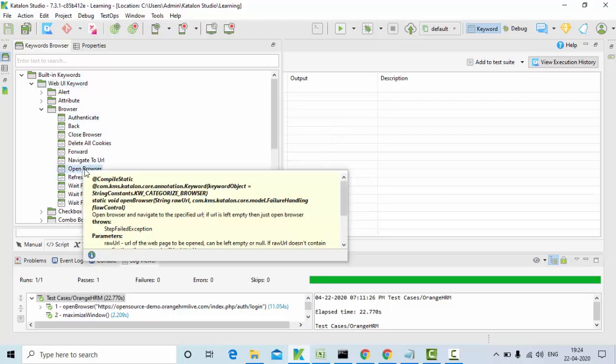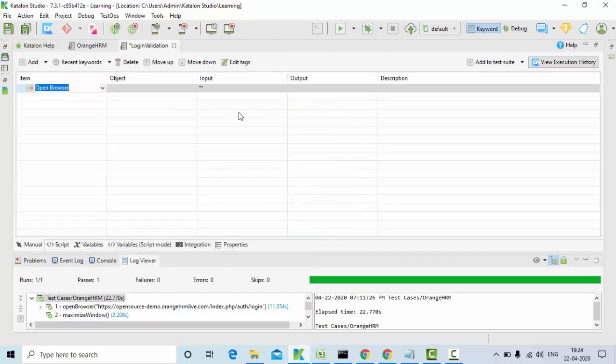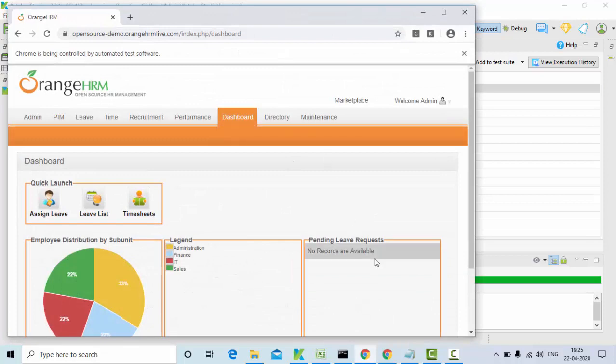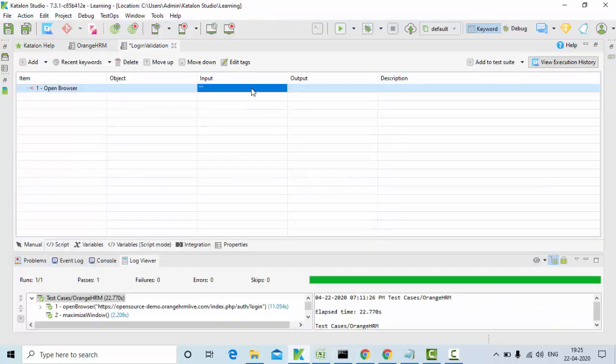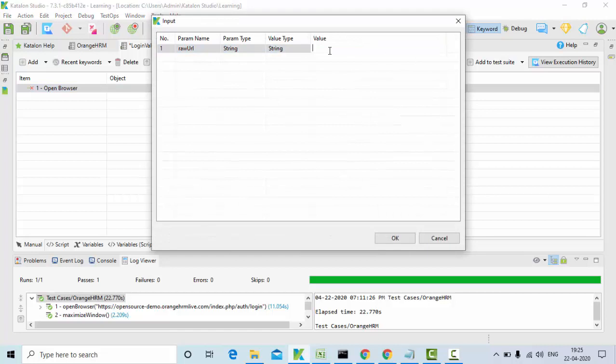You have this open browser, right? So you pull this here and it will ask for the input. You can pass your application URL directly here. So this is my application, guys. I'll simply copy it and paste it here, in the input field, and enter the value.